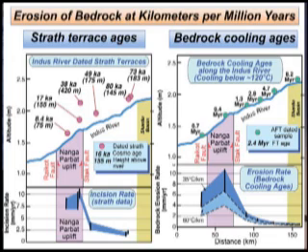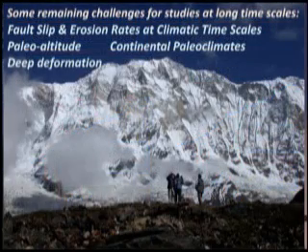And here are these examples of erosion at kilometers per million years that we find both with strath terraces at the 10,000-year scale and then with cooling ages at the million-year scale that help us to define how that landscape has been deforming, what the rates of erosion have been across it over the past perhaps million years or so. Well, there are lots of challenges left